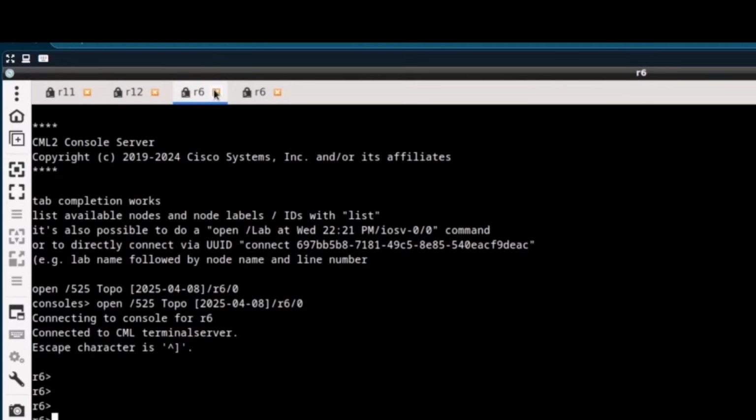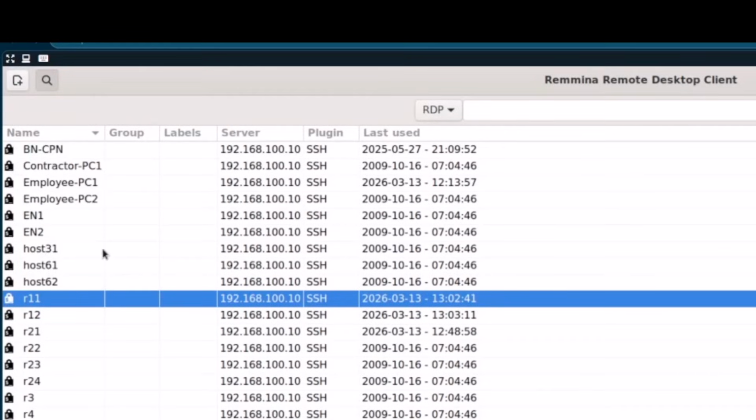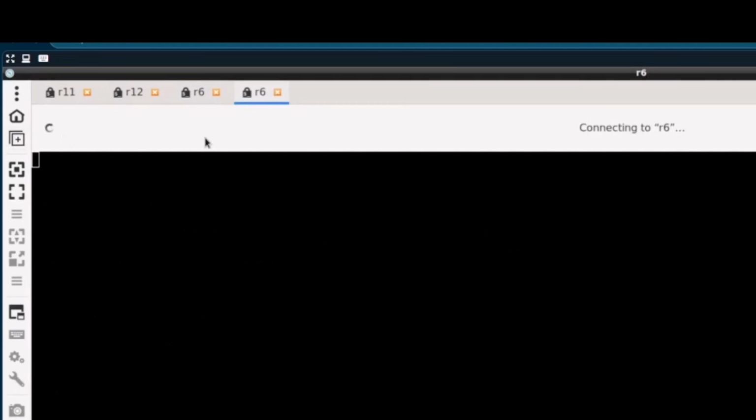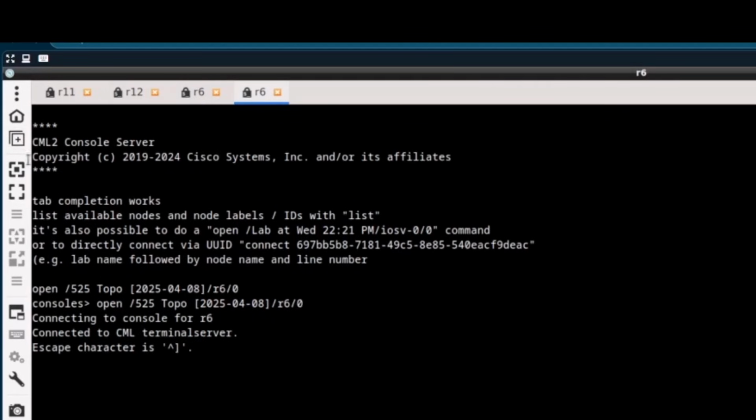So it's worth just making sure you only open the ones that you need to have open. Now, sticking with the client, just for now, the main window, if you click home, is going to take you to the main window of the client itself. If you want, you can duplicate the current connection that you've got. So for example, it's going to open another R6 here if we want. If you press the plus icon, and then we've got other ones where you can resize, full screen mode, then